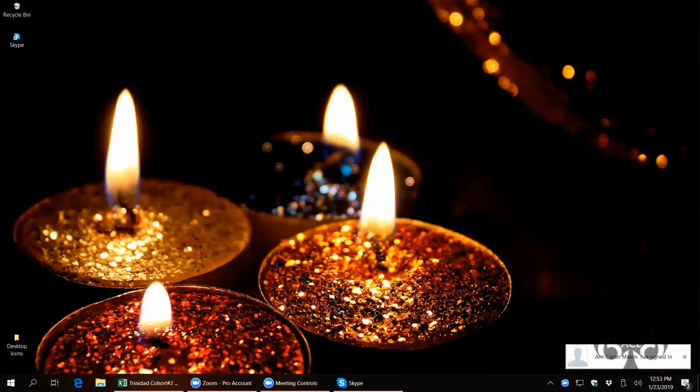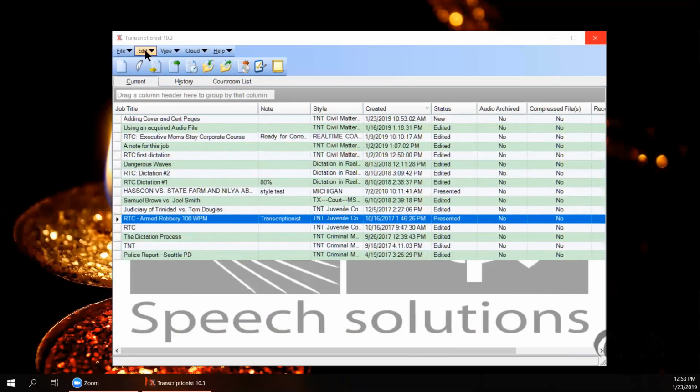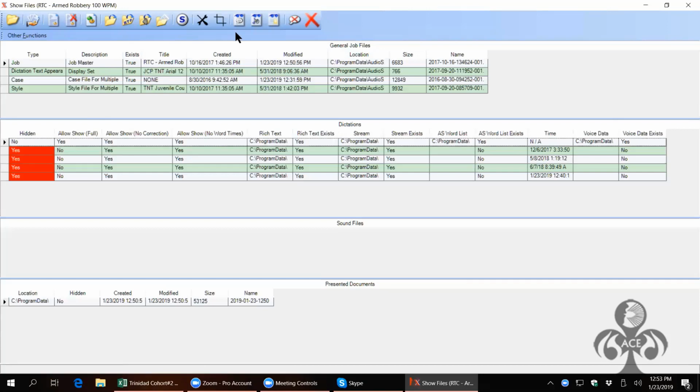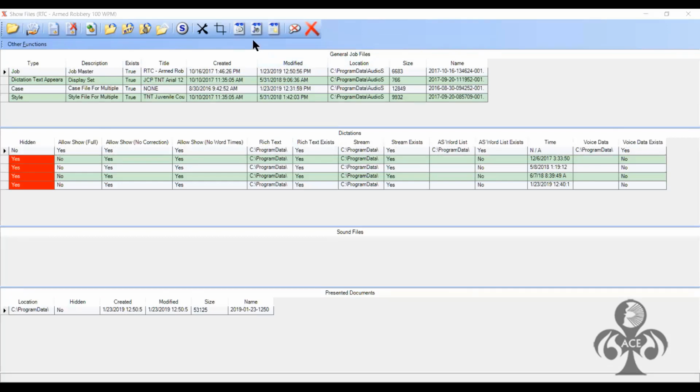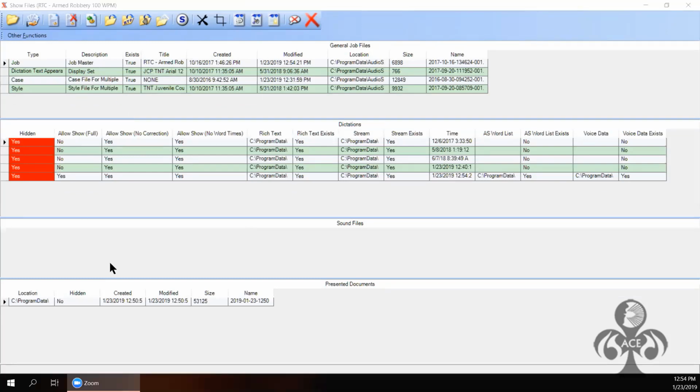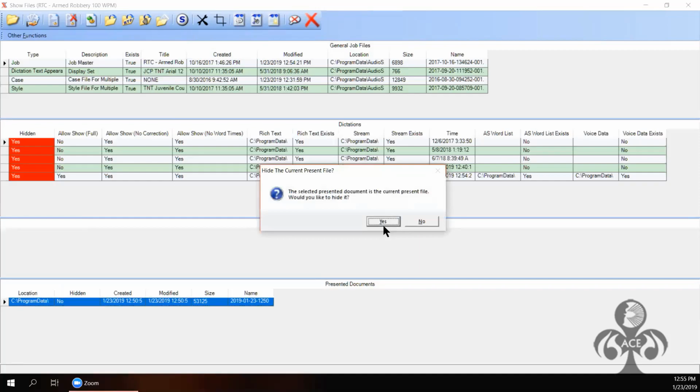So now I want to return to the present on this job. See how it says presented? When it says presented, and we want to go back to scope, we can go to View, Show Files, and we can click on this little icon, we want to do Hide Present File. I just hit the dictation because I could not see what I was hitting. Let me make this smaller. Okay, so if I highlight the present file and I go to hide the present file,